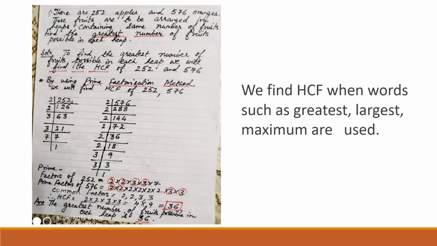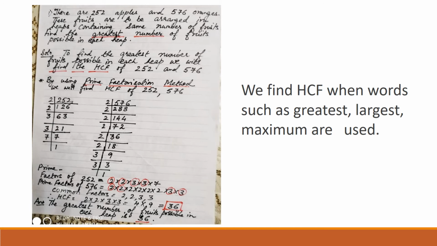Now take the number 576. Now again here you can see 6 is the last digit. It is divisible by 2. So start with 2. 2 twos are 4. 1 7 is 17. So 2 eights are 16. Again remainder 1. 1 6 is 16. 2 eights are 16. So the quotient will be 288.